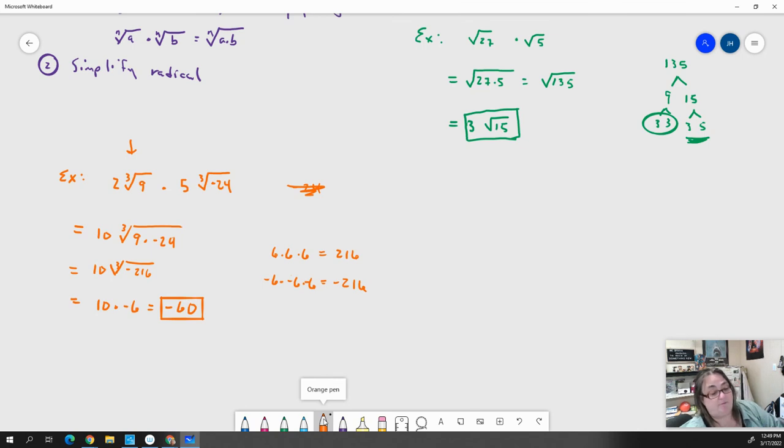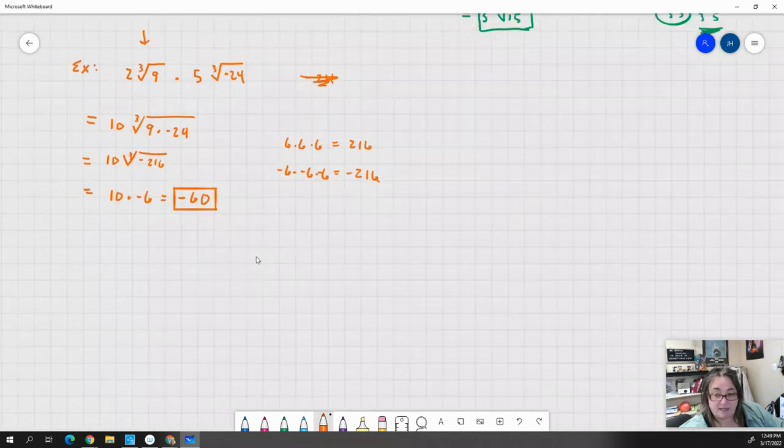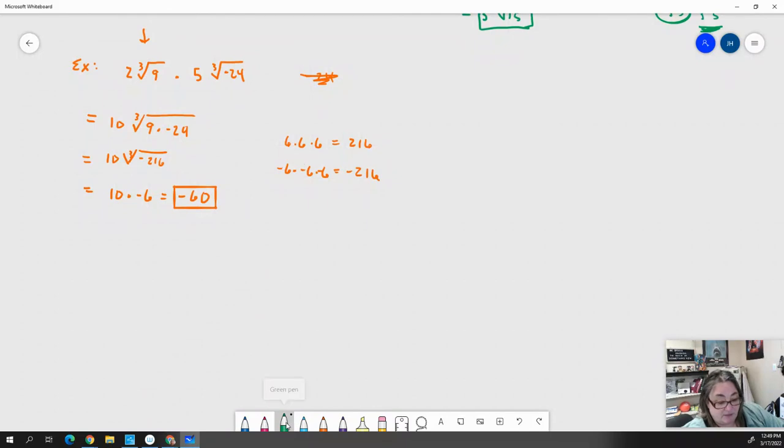I want to do something harder before we get to the end of it. Let's look at one with some letters in it. If I have, for example, the cube root of negative 3a to the 7th, b to the 4th,